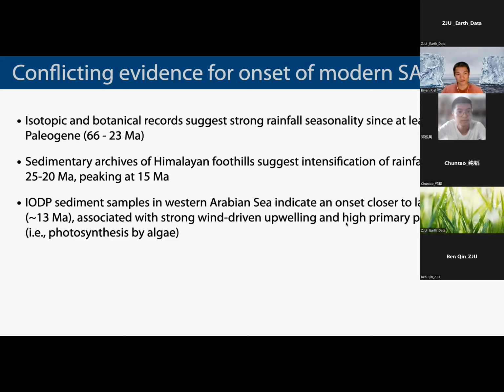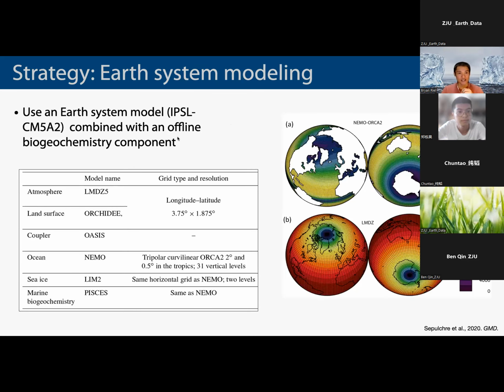A term that we'll look at several times here is primary production. Basically, you can just think of this as the production of organic elements and chemicals by algae in the ocean during photosynthesis. So the strategy here is they wanted to use Earth system modeling, specifically IPSL CM5A2, combined with an